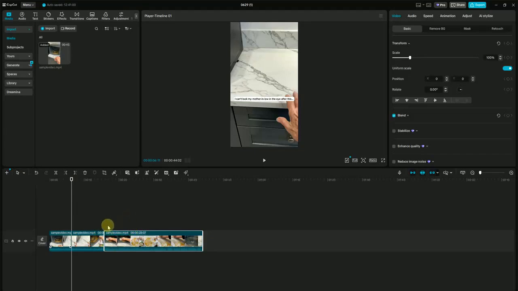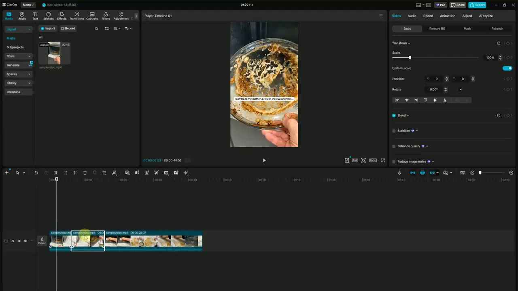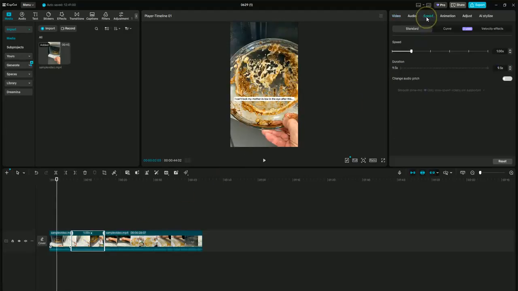With the clip selected, go to the right panel and click on the Speed button. This will open a new panel where you can adjust the speed of your clip. To create a slow motion effect, drag the speed slider to the left, below the normal speed of 1x. You will see options like 0.5x for half speed, or even slower, depending on how dramatic you want the slow